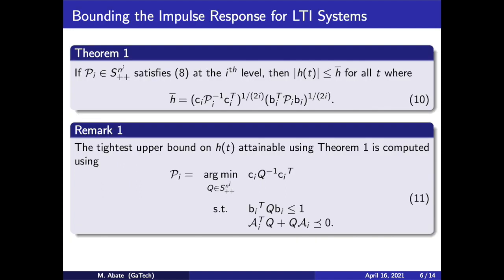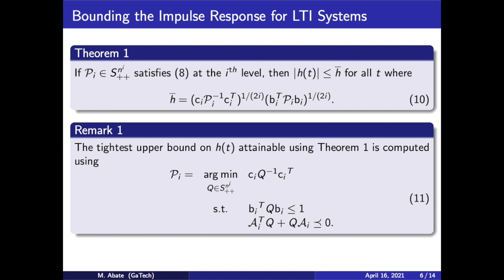So we'll begin by showing how the impulse response for linear time-invariant systems is bounded using these higher-order homogeneous polynomial Lyapunov functions. So say you have a quadratic Lyapunov function for the ith level system in your hierarchy, then you can use equation 10 to construct a bound on the impulse response for your initial LTI system. Okay, and we're going to demonstrate that on the next slide, but before we do, there's just a remark here to note,